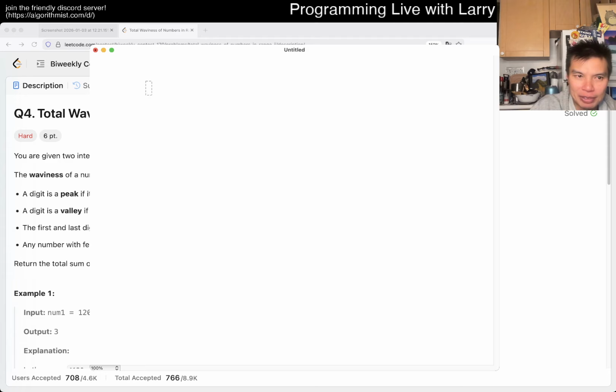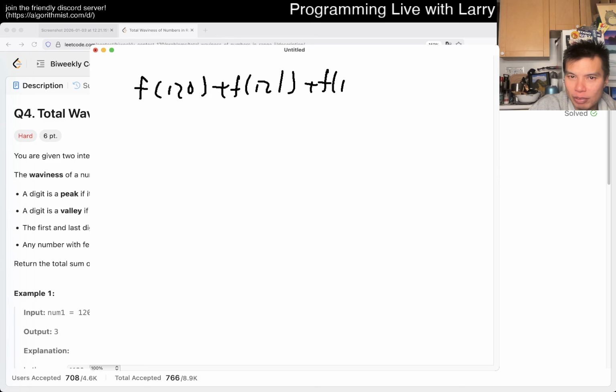So maybe you can write something like, let's say we just have f of 120 plus f of 121 plus f of 122 plus ... all the way to f of 130, right? That's kind of what we're trying to do, right? Well, if you're able to, and this is the same idea as prefix sum, though I didn't leave myself enough